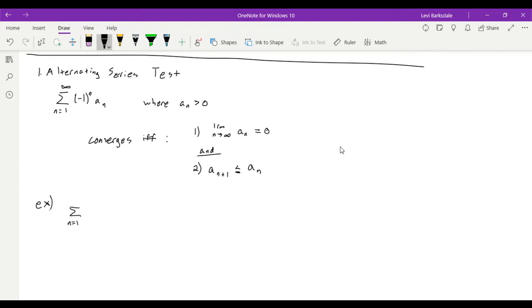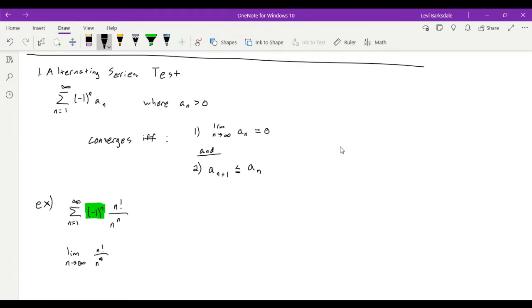Let's say we have the sum from n equals 1 to infinity of -1 to the nth times n factorial over n to the nth. Well, what we need to do is show, first off, we can clearly see that it's alternating because of this -1 to the nth. So we need to show two things. First, that the limit as n approaches infinity of n factorial over n to the nth